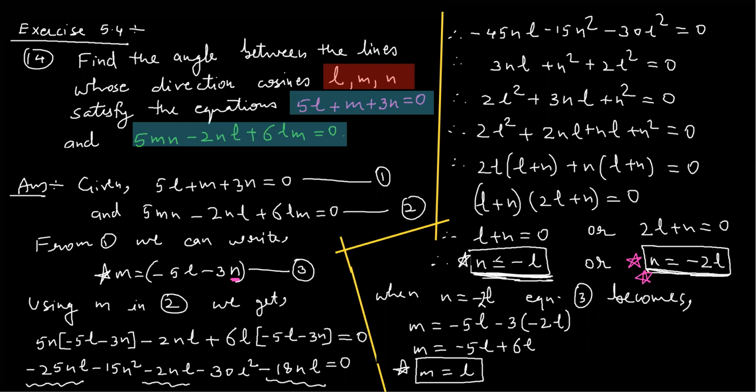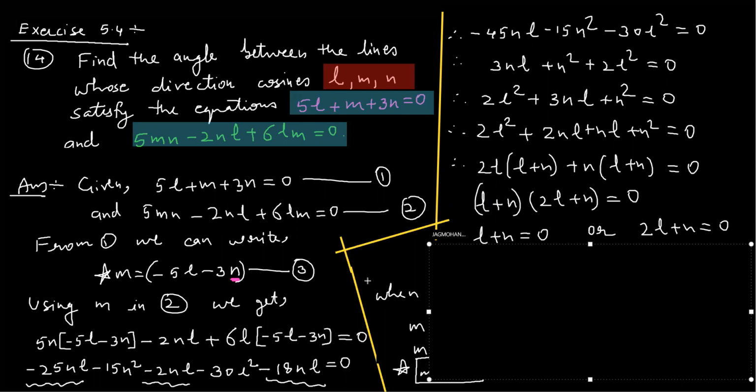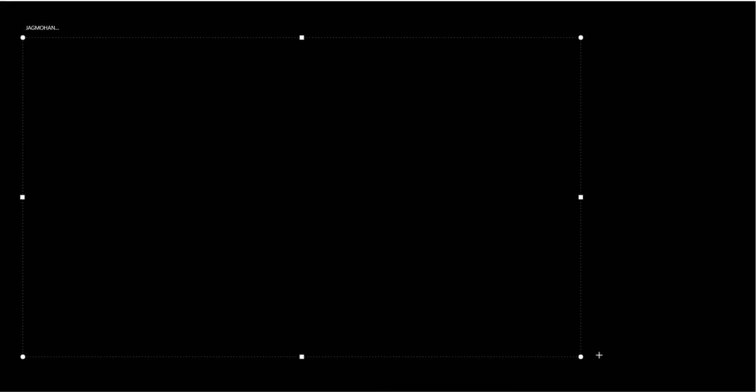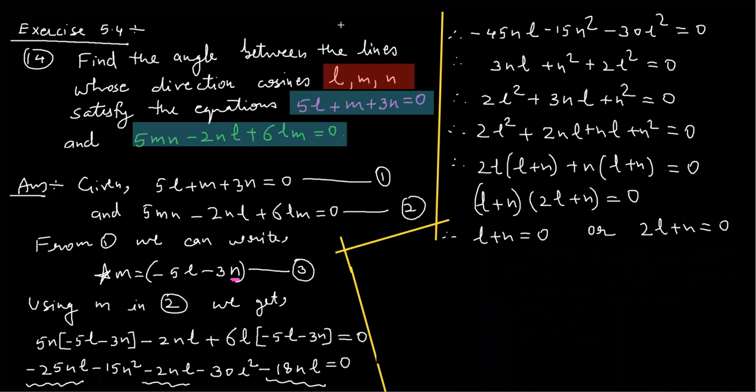You will all try for this. This one you will all try. Okay. There was a mistake I committed. Excuse me for that. Please go ahead and solve this. Okay, students, I'll do one thing. From this part onwards, I will solve everything again. Okay. Because I committed a mistake here. So let me solve this.